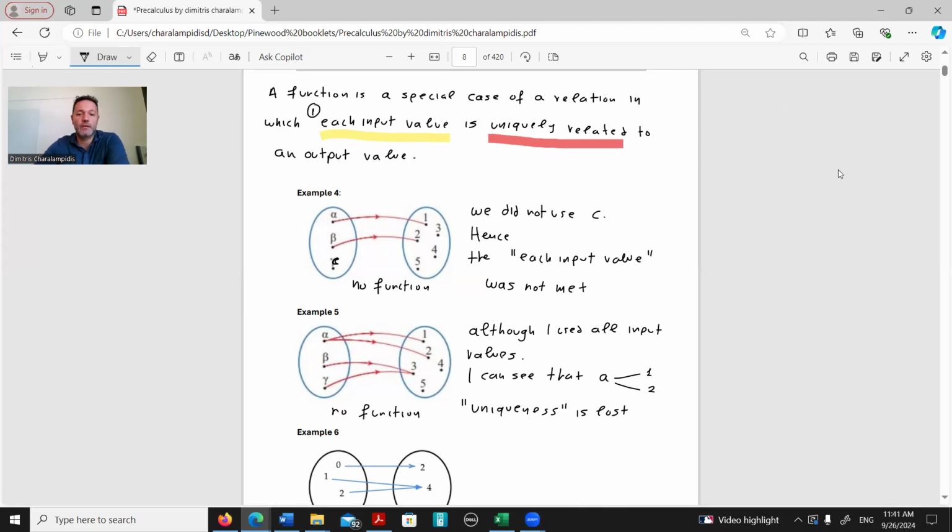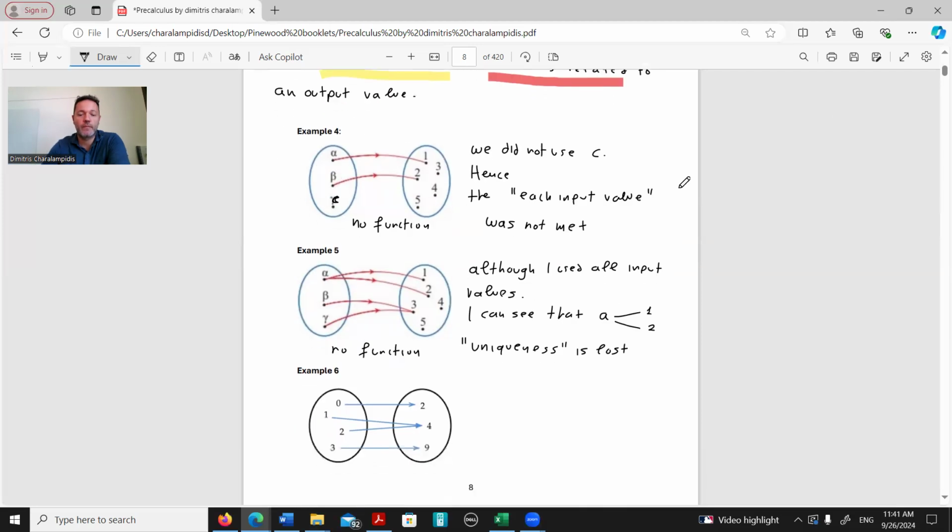Let's go to the third example. From 0, we go to 2. From 1, we go to 4. From 2, we go to 4. From 3, we go to 9. All inputs are used. So we are fine with regards to this first condition. Each one of them is uniquely related